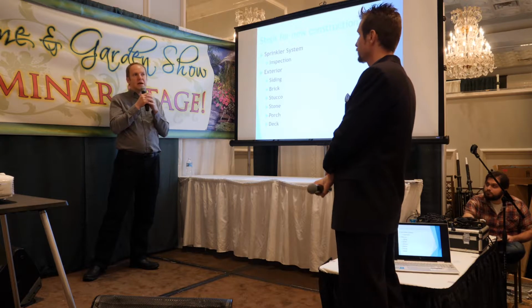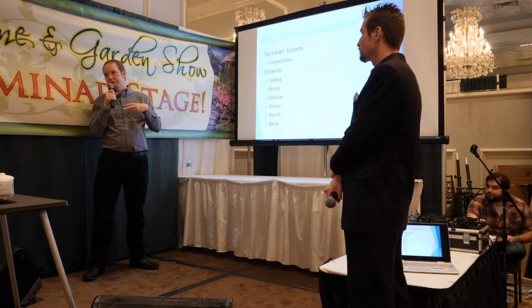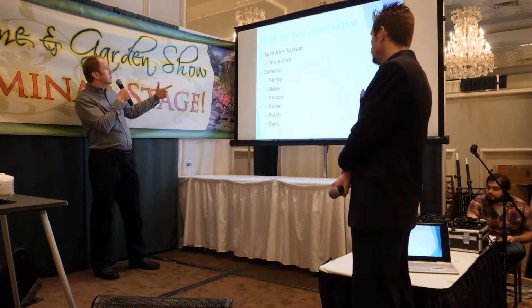So calculate that into your budget. Find out from the building department. Wheaton doesn't require it. Glen Ellen does. They're right next to each other. And then from there, you're going to do